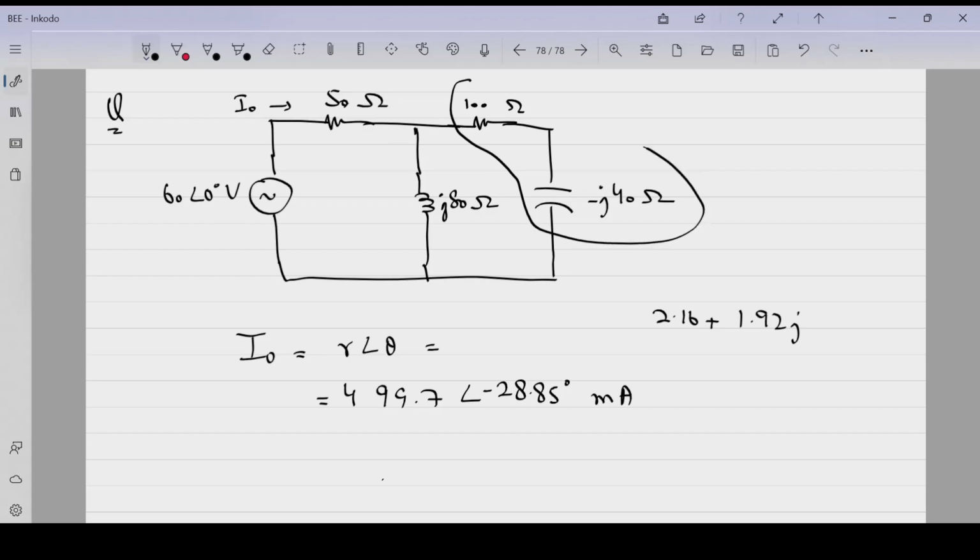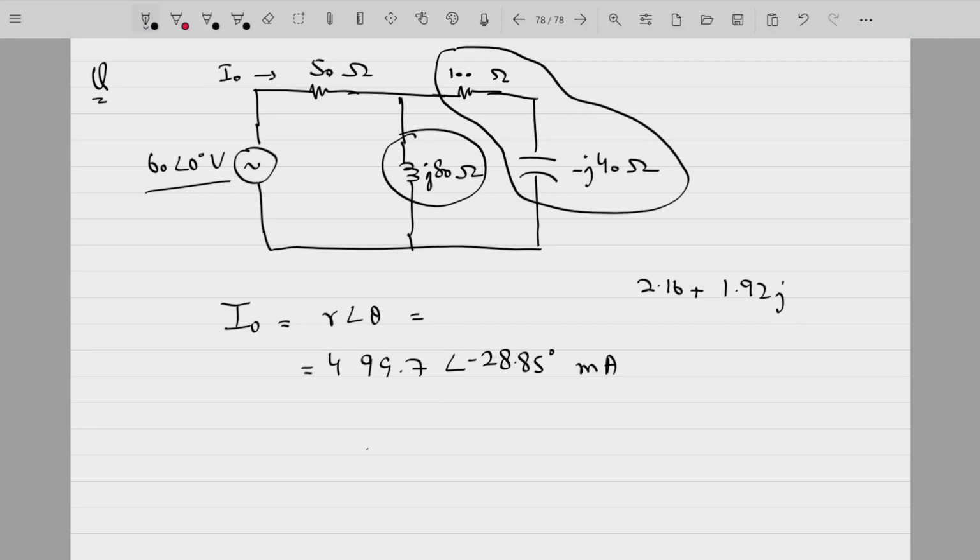So this impedance here is 100 minus 40J. It's in parallel with 80J. So 100 minus 40J into 80J divided by 100 minus 40J plus 80J. That is then in series plus 50 ohms. आपकी total impedance मिल जाएगी, तो I naught will be 60 angle 0 divided by this impedance. तो ये सिंपल कैलकुलेशन है। अगर आपके पास कैलकुलेटर्स होंगे तो आप ये सॉल्व कर पाओगे इजीली।